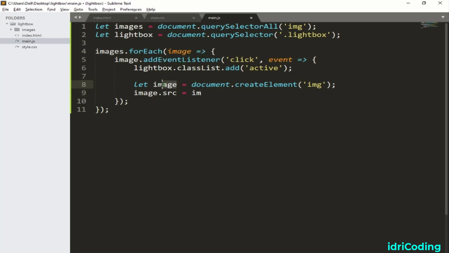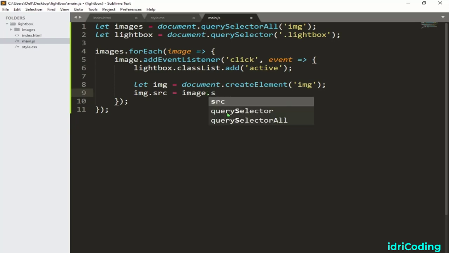So let me change the name here to img, like this, and here also img, and here img.src, because every picture has that name of image, because I said here, first of all I called all the images, and I said for every image